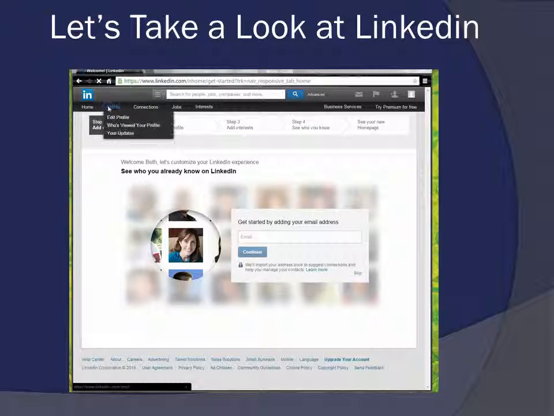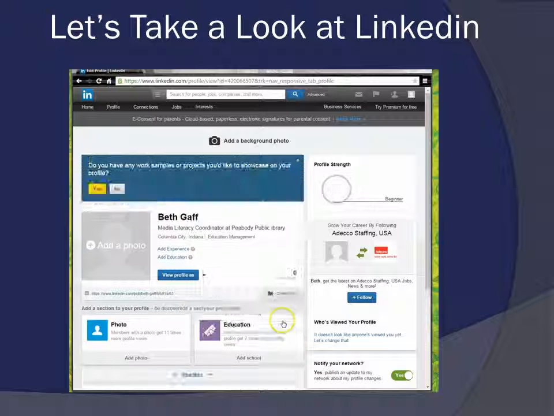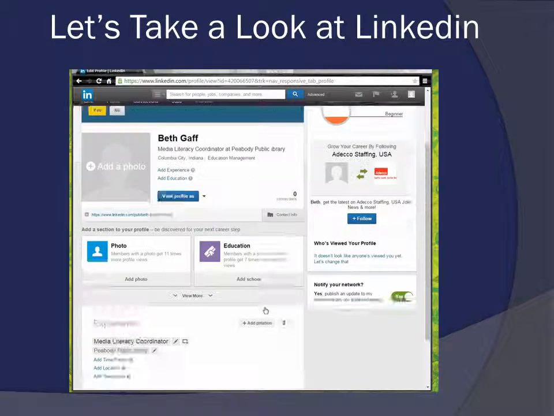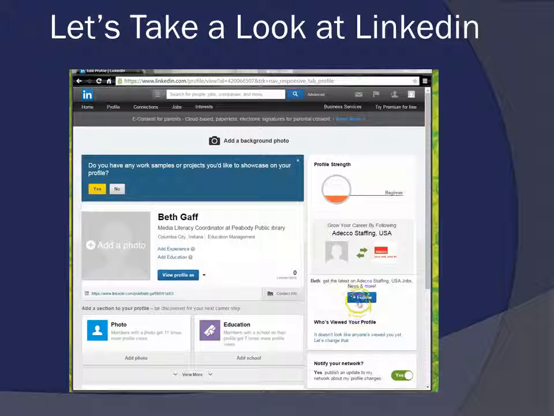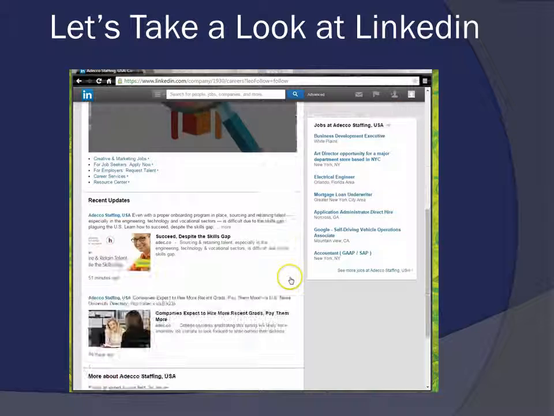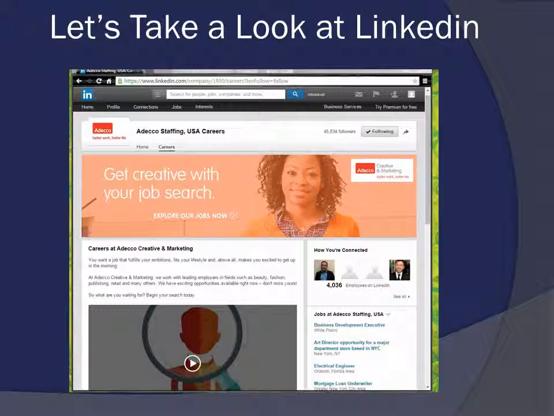I don't really want to edit it. Let's just go back to my profile. Because I don't have any friends on here or anything like that, it's going to be kind of hard to do, but I can actually go in and follow some people if I want to. I can look for certain kinds of careers that allow me to follow them.